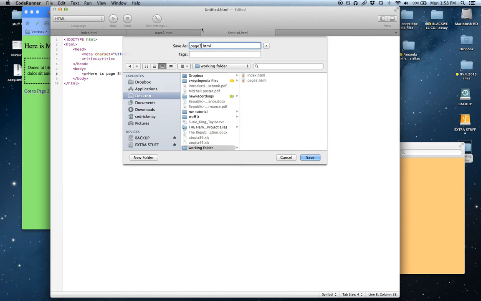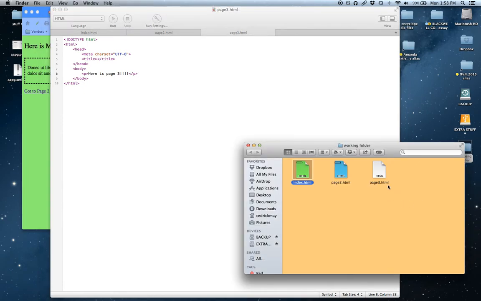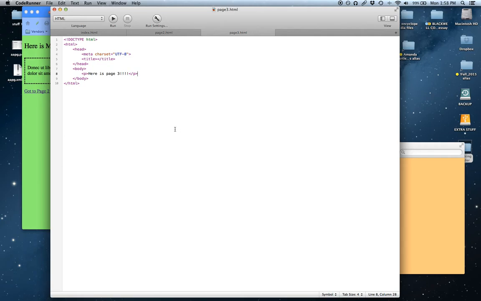Again, you can name your pages anything that you want. Just make sure that you are consistent in your naming convention, and make sure there are no spaces between any of the words that might be in the name of your pages. Save it. Okay, so now we have page 3 in our HTML, and in our working folder. And now what we want to do is link our page 3